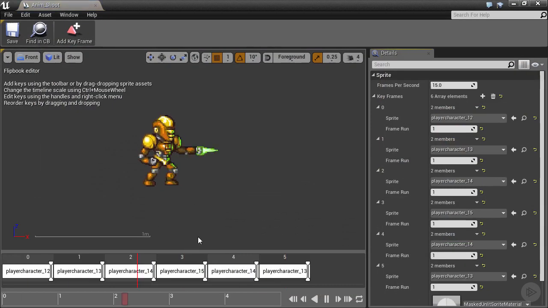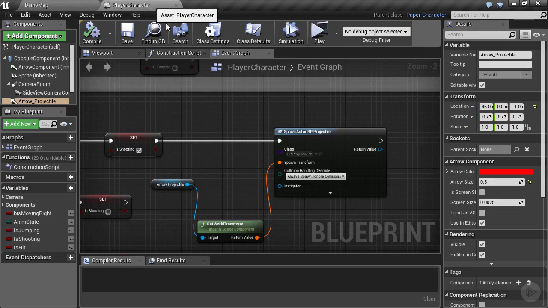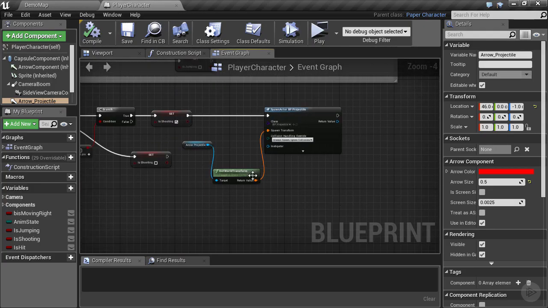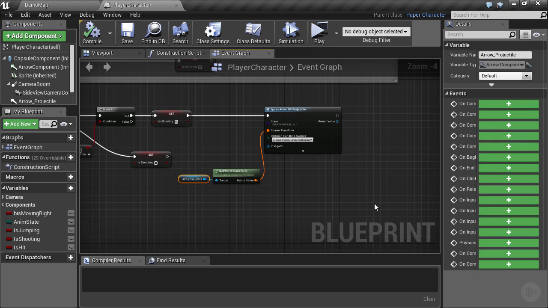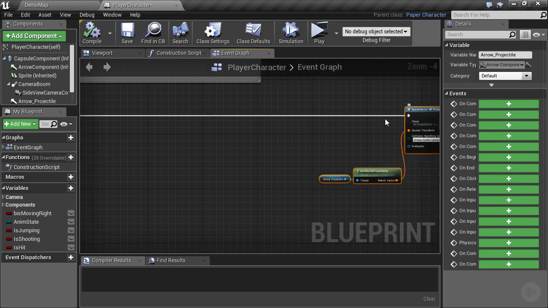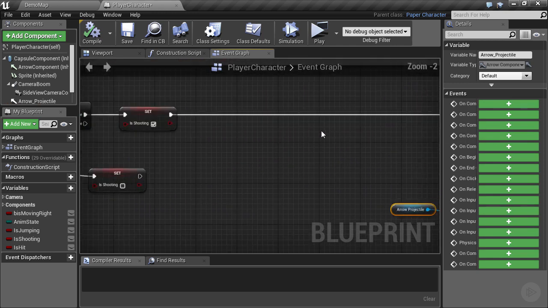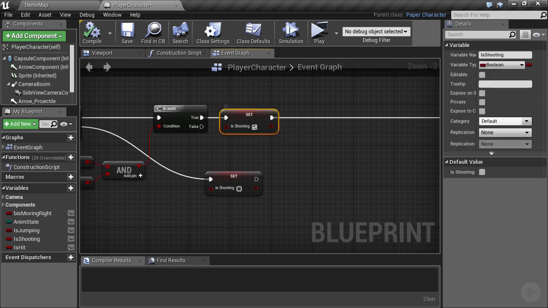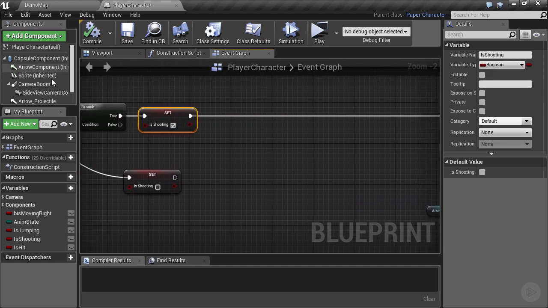So to make this sync up with the animation, we're going to open up the anim shoot here and find the frame at which we want the projectile to actually be launched. So if we scrub along the timeline, we can see that position 3 is where the projectile should actually be launched. So we're going to add some stuff here, sort of a makeshift anim notify, to this event graph to check for that frame and launch the projectile when that frame and only when that frame has